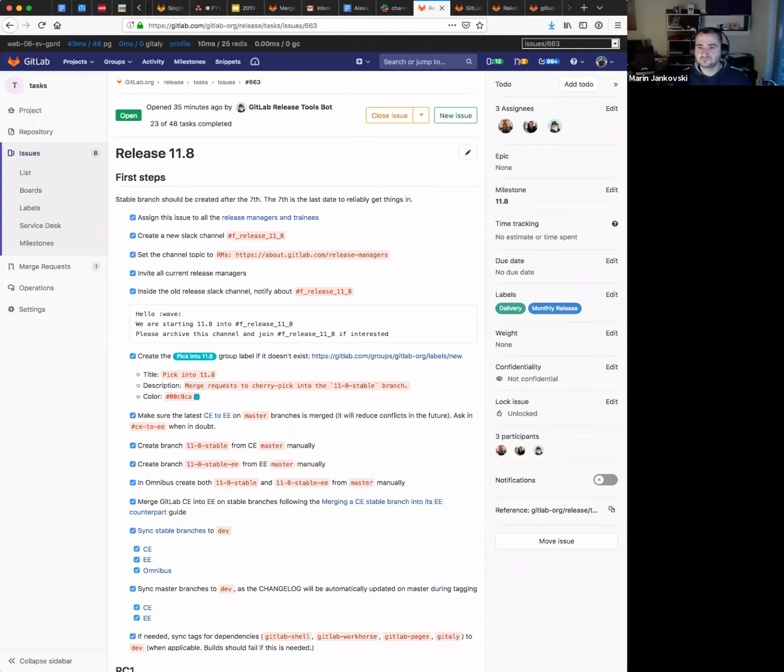So let's run through how the release actually looks. I'll be using the 11.8 release issue. Actually, it might be easier to just share the screen and you can follow along there. Okay, so the docs that I linked to earlier say how you can start the release issue, but basically we've implemented a